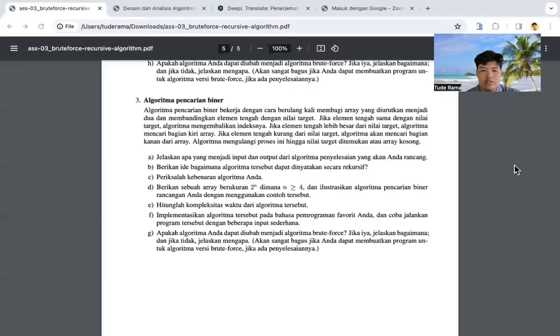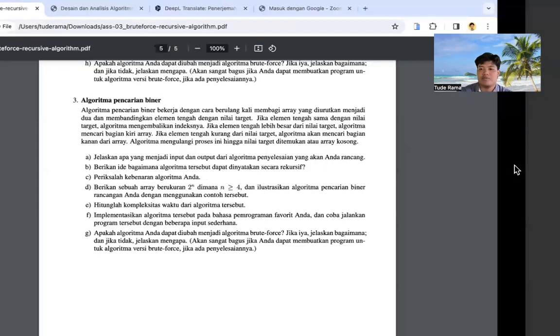So the next one is implement. Given an array of 2 power n, where n is equal or greater than 4, illustrate the binary search algorithm with an example.